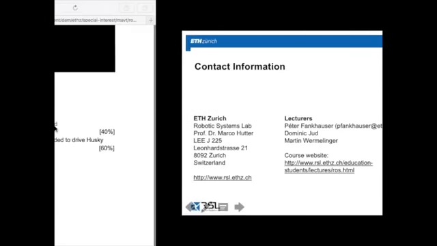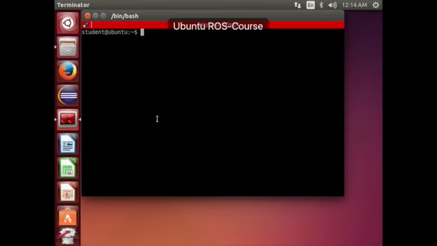I'll quickly take you through the exercise. So I already prepared that launch file. Now Peter explained to you that you can start a launch file by typing roslaunch, the package name, and then the launch file. But you can also directly start the launch file without the package name, because now you're going to write the launch file, but you don't have a package where you can put the launch file, right? So you can just create the launch file anywhere in your PC, and then type roslaunch,